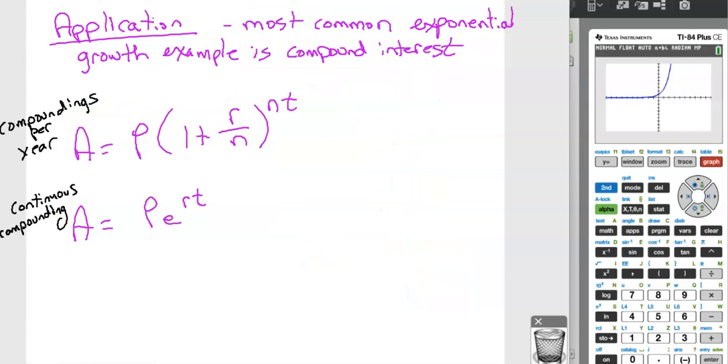Now, where do you use exponential growth? Well, the most common exponential growth is with interest. Banks and mortgages and credit cards, anything dealing with interest is compounded interest. Now,